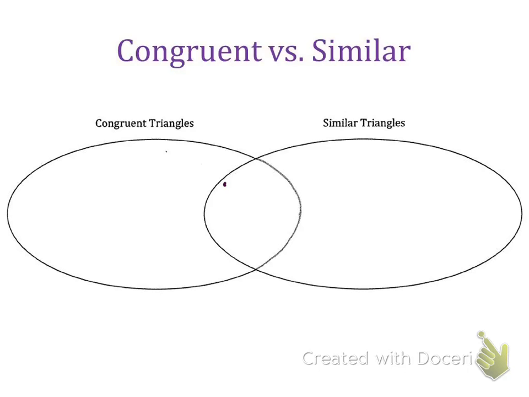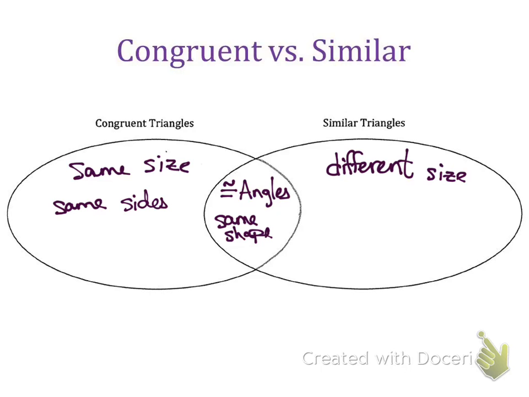First off, congruent angles is what they both have in common. So I'm going to write them in the middle. They both have to have congruent angles. I heard same size, same shape. So I'm going to put same shape is actually what they both have to include. They both have to have the same shape. But congruent triangles were the same size, which was different than the similar triangles. So far,